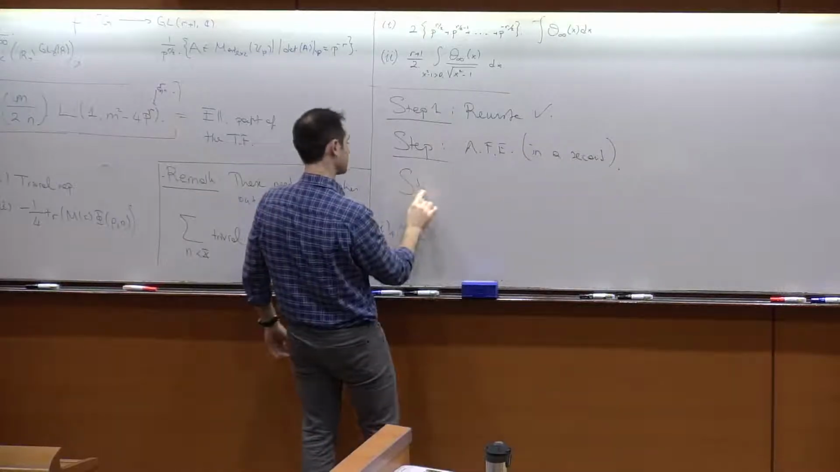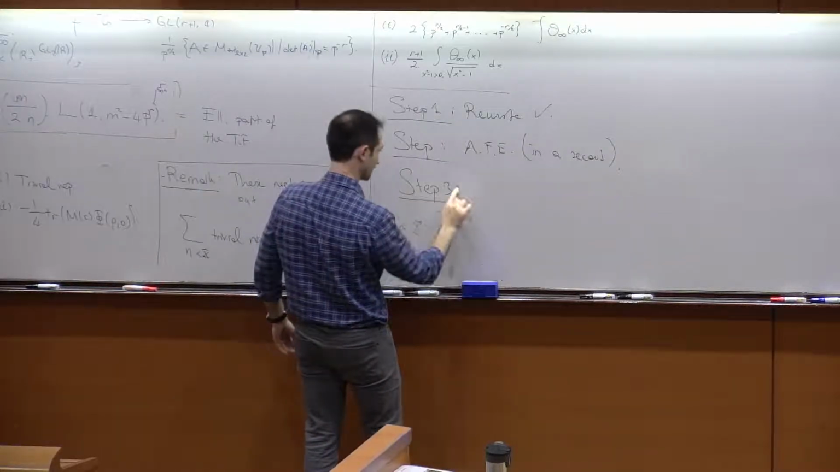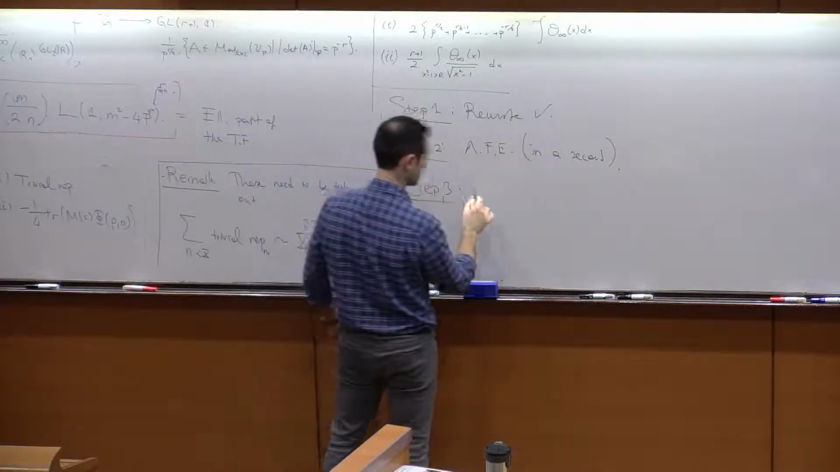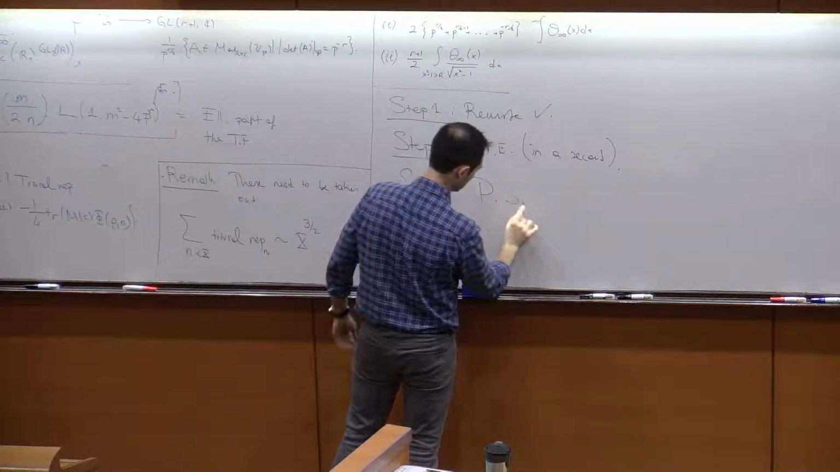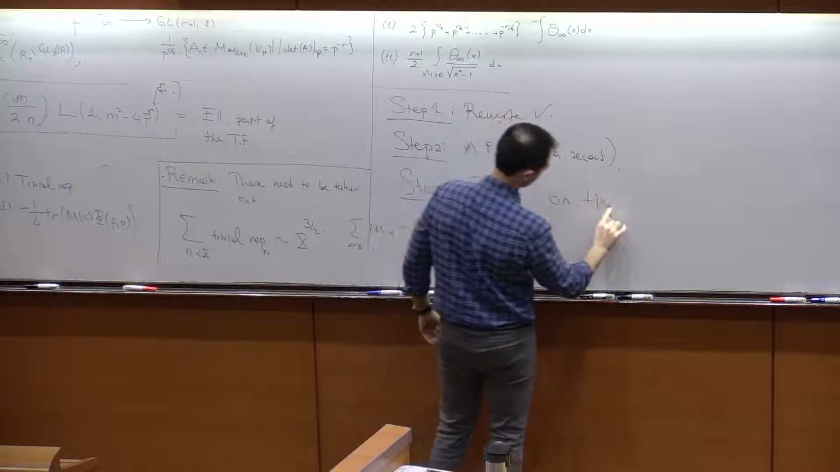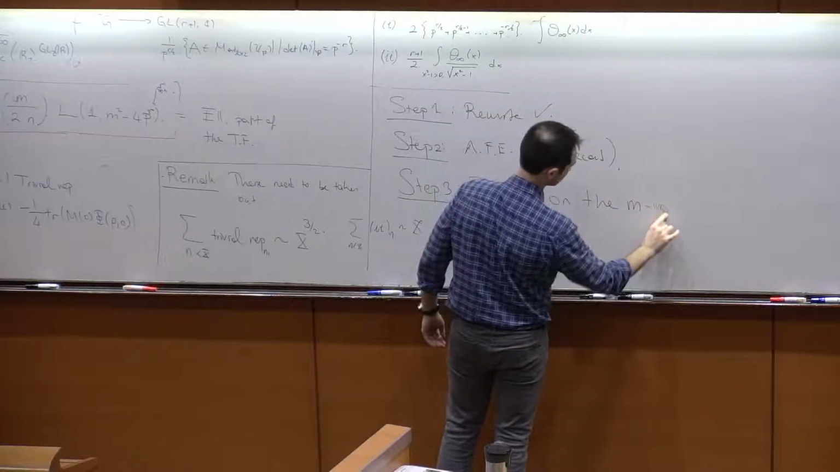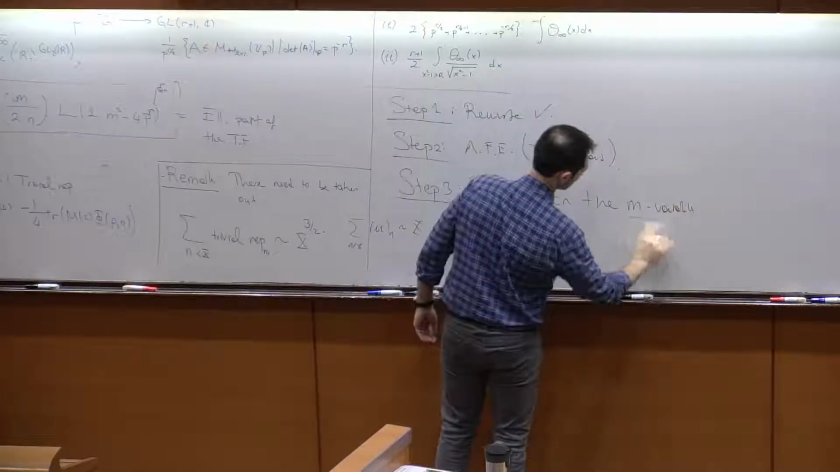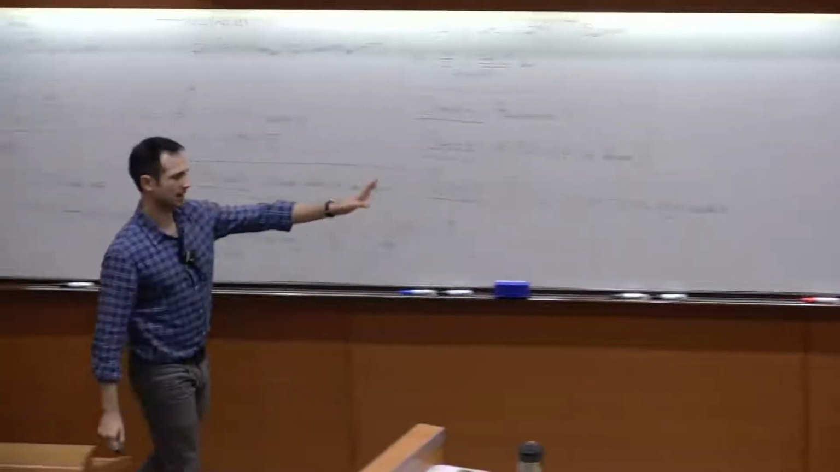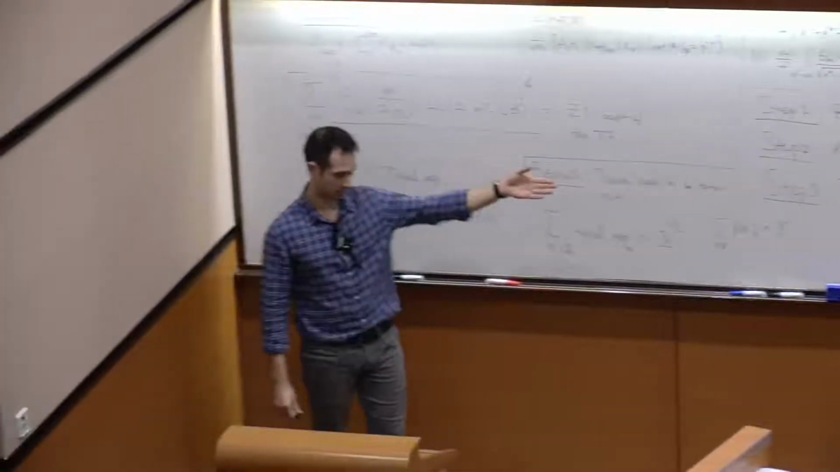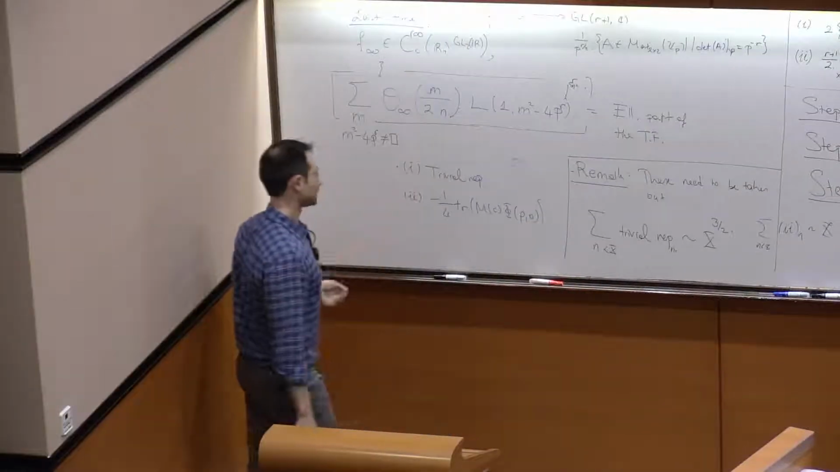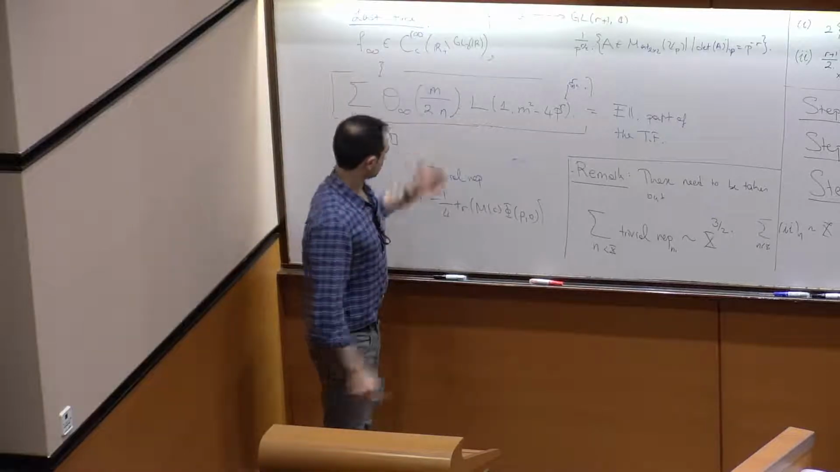But let me first talk about step 3 for a second. Step 3 was Poisson summation on the m variable. This is the trace variable. I will talk about what this actually is the special case of, but